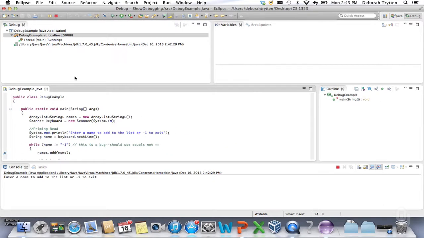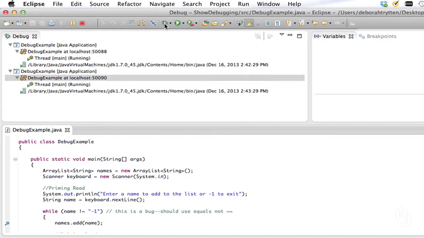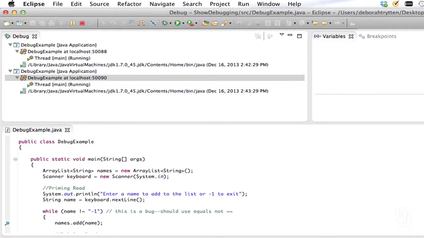To run your code in debug mode, you choose the bug icon to the left of the green circle with the white triangle that's used to run your program without debugging. If you choose the Run button, like what we've been doing all along, the program will ignore your breakpoints and run as usual. This is handy when you're debugging because you can flip back and forth between programming and debugging easily.